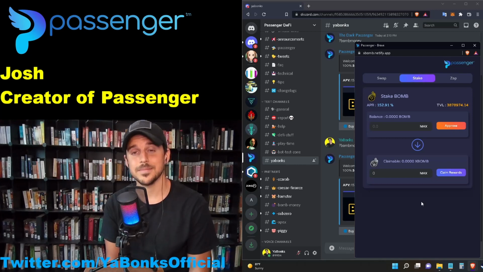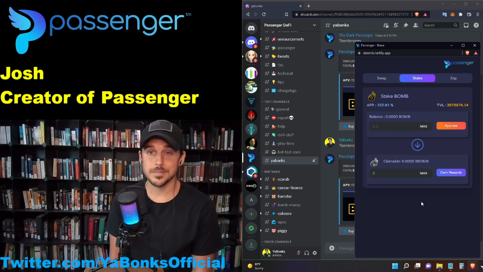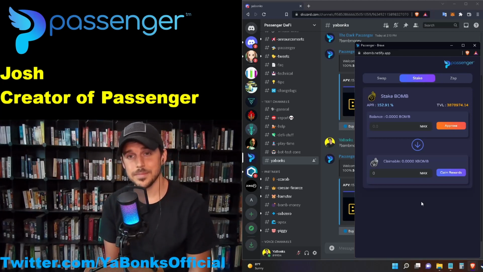And there's so many restrictions with Discord, and we don't want to break any of Discord's rules. We don't want to be a scammy type of project. We want to get everyone on board and have a feeling of safety. And I think we've so far done it, and we stand by that. Passenger is very safe to invest in.